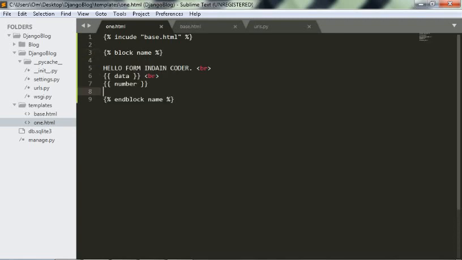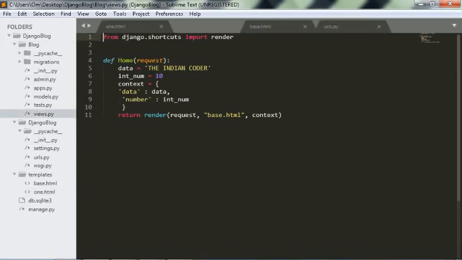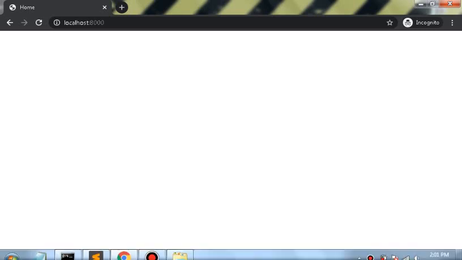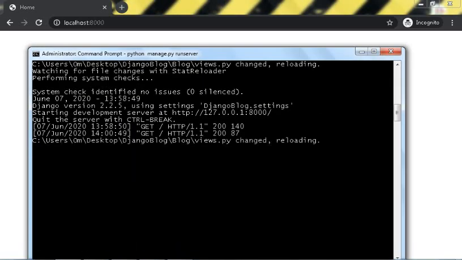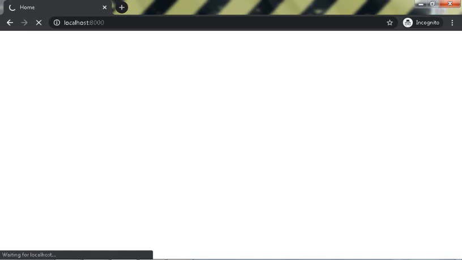Now let us pass the same data here and refresh. Oh sorry, we would not be able to see anything because I have moved all the data. Let us do it as 1.html. The server is reloading. Yeah, it has reloaded.